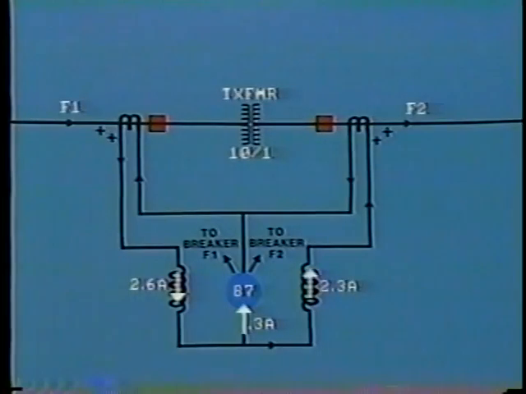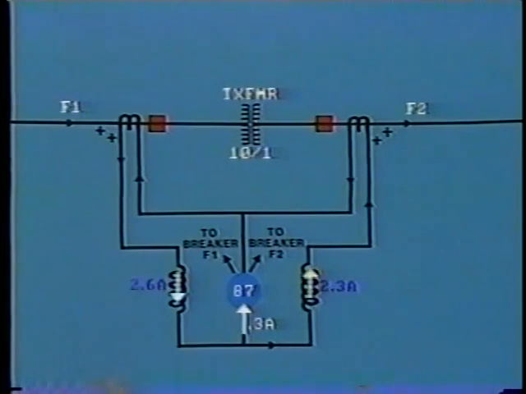Will this be sufficient to operate the tripping contacts? Well, yes, if the relay pickup is set low enough. But we do not want the relay to trip under these conditions. And that's why we have restraint coils, which are both trying to hold the tripping contacts open. The value of current in the two restraint coils is respectively 2.6 amps and 2.3 amps. Depending upon the relay's setting, this restraint should be sufficient to hold open the tripping contacts against the closing torque